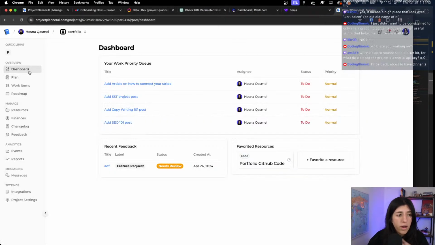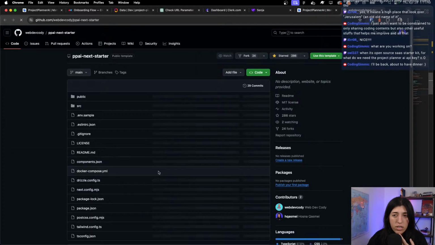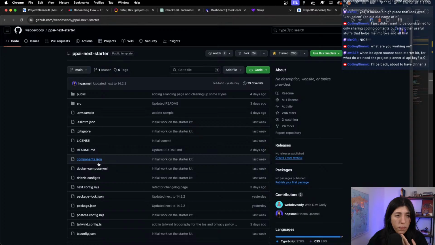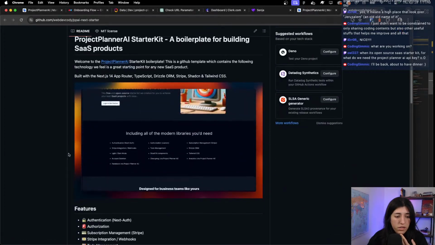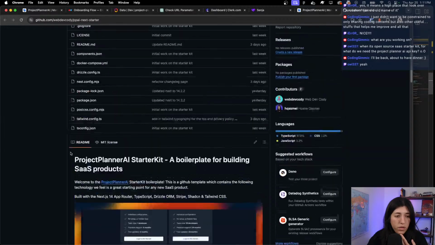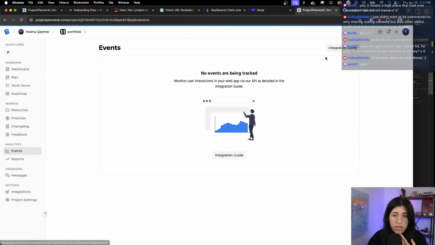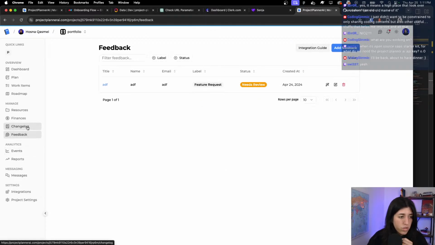Are you talking about when you go to the plan section, you go to templates? Are you talking about this starter kit? The starter kit, because in this starter kit, the starter kit has the API. So here, let's say for our event section, I haven't integrated it yet, but let's say for feedback, let's say if you have a